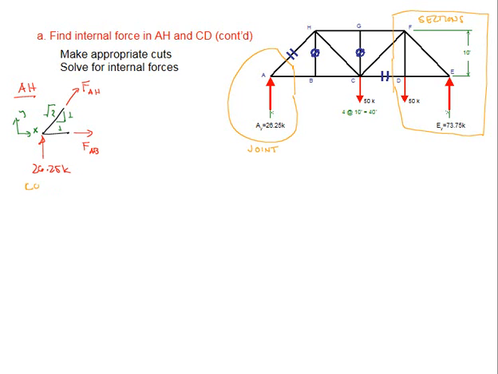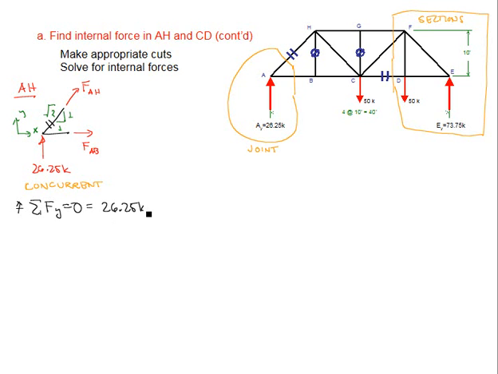This is a concurrent force system, since all of the forces involved in this free body diagram do intersect at a single point. Concurrent force system, we have two equations of equilibrium, two unknowns in this case, so we're good. We don't care about the force in member AB in this particular problem. We're only interested in the force in member AH. So if we can find one equation that would solve for that one unknown, it would be wise to use it. If we sum forces in the y, set that equal to 0, we'll find that we can solve for the force in member AH with a single equation,